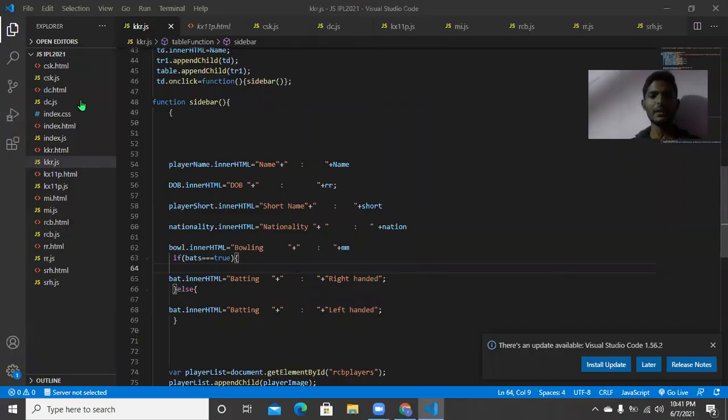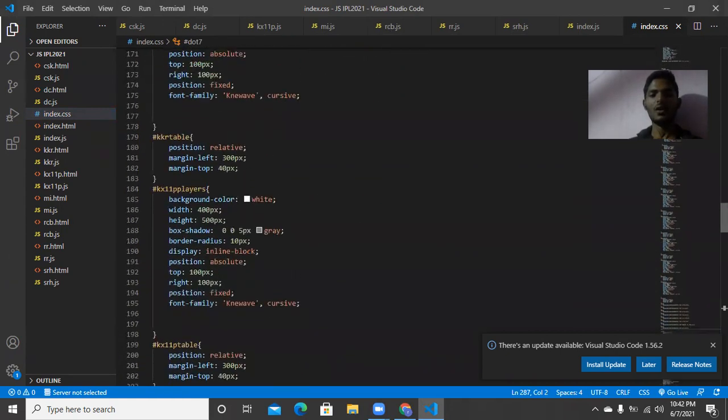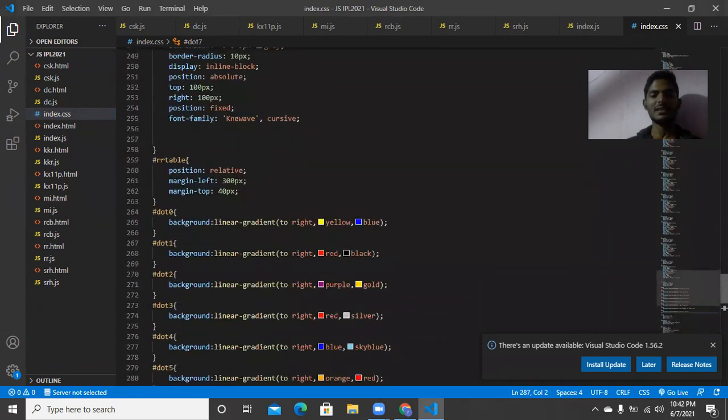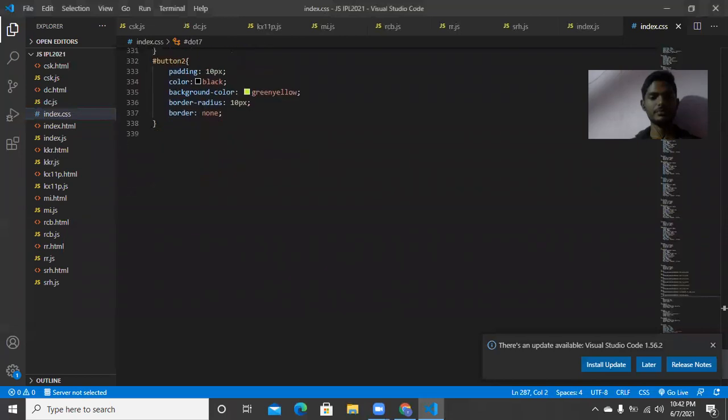In my project, I use only one CSS file. This CSS file is imported into all the HTML and JavaScript files. So I only use one CSS file. This CSS file contains all the classes and all the styles of the total project. This is easy to handle.